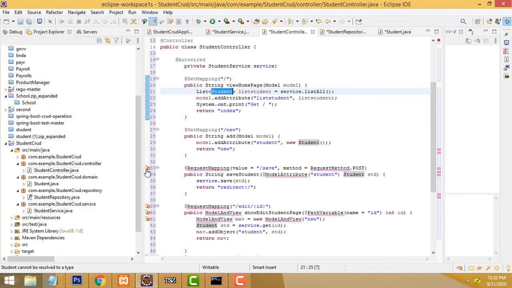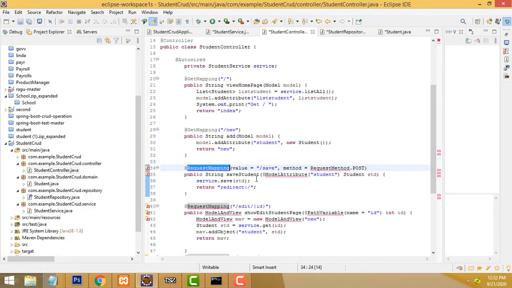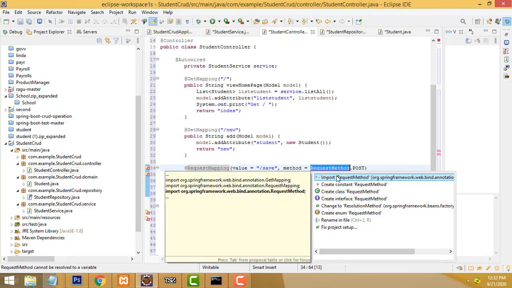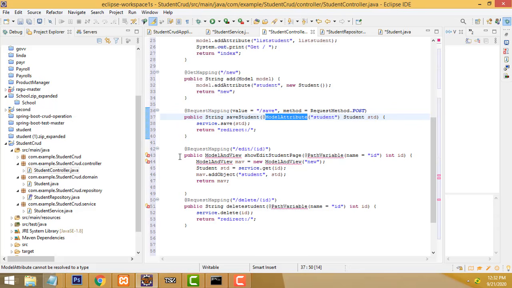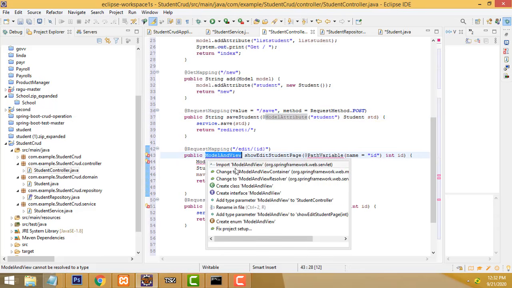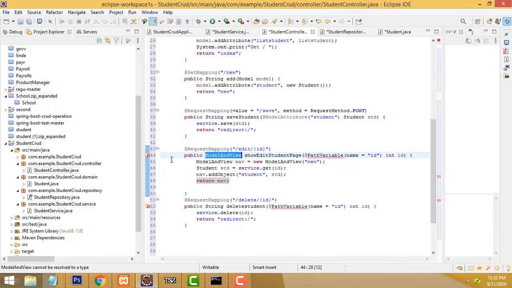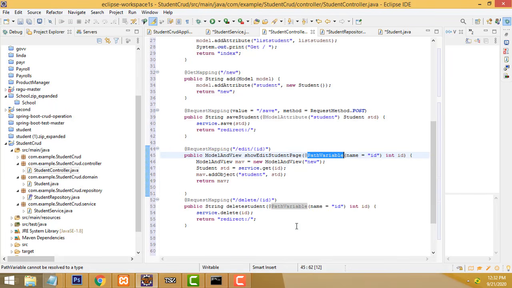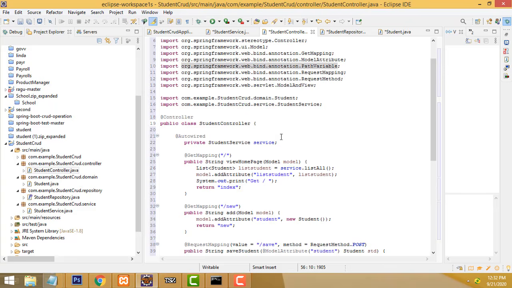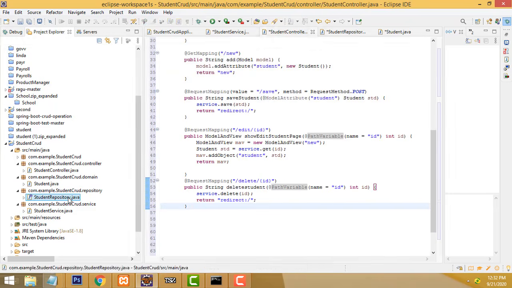Same thing, you go and select mapping. This is the mapping, the model, and the second one is the method, right. All the stuff is there. Don't worry about it, you just click and select the properties only here also. All the stuff is there, you just select the property. These are the only things you have to fix. If you clear this one, you will be able to see the other things also.